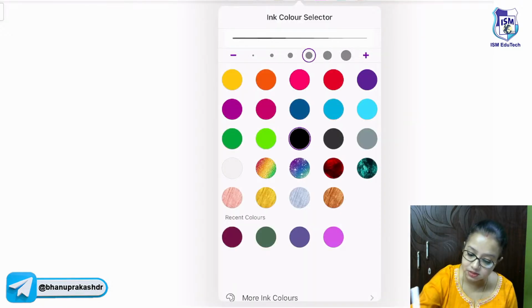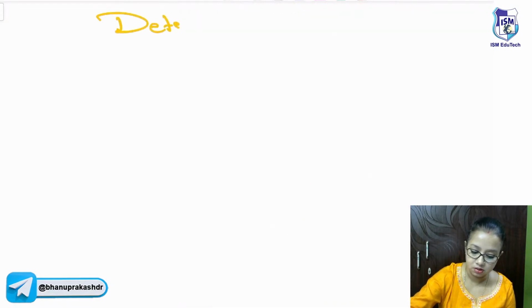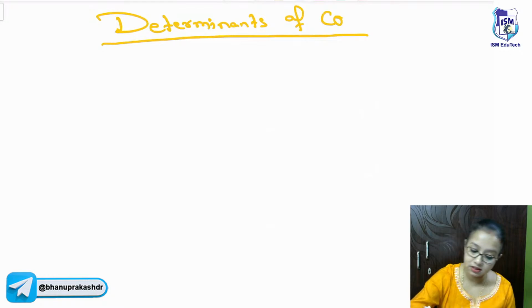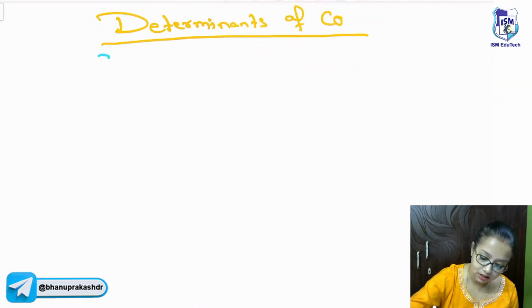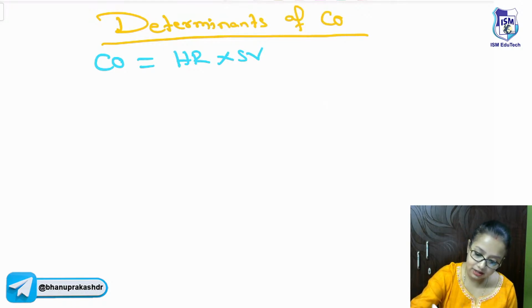Coming to the determinants of the cardiac function. So, determinants of cardiac output. Okay. To start with, what did we understand a few minutes back? What is cardiac output? Cardiac output is the function of the heart rate and stroke volume. So anything that affects the cardiac output is a result of something that has affected either the heart rate or the stroke volume. Now, heart rate,